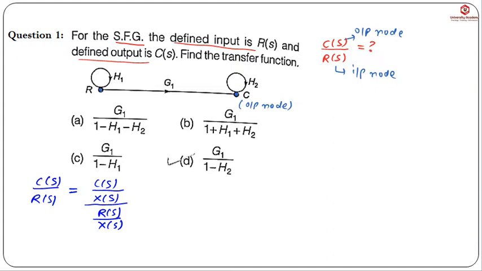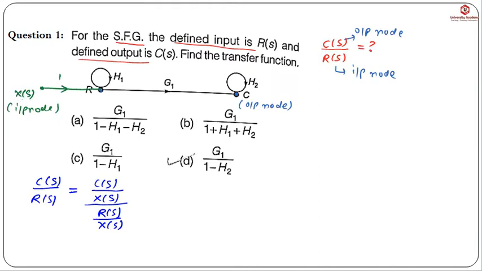So suppose this X of S node is introduced here. Okay, so additional node हमने यहाँ पे connect करी है. This is X of S. So now we can assume that it is having the unity gain. Now X of S is having only the outgoing branch, so now it will behave as input node. Okay, so now सबसे पहले हमें find out करेंगे C of S by X of S ratio. Okay, so let's calculate in the next slide.